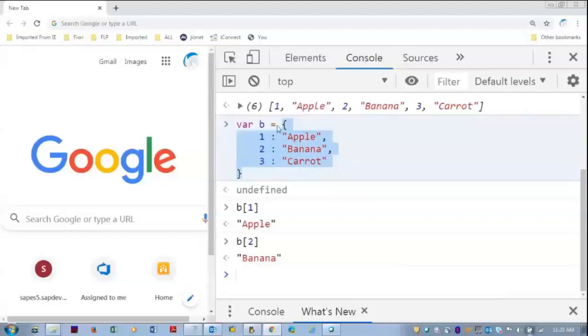Normal array, JSON array, frankly speaking, are one and the same, but the way this is stored is in a structured format. The data is completely structured now, and we get the values easily. By using the models in our SAP UI5, like JSON model and OData model, we can read this. The underlying technology of OData is also this JSON format. So let us continue in the next session.